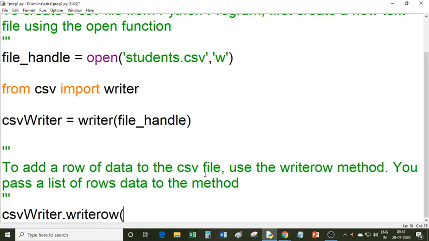This is the function by which you can write the row, and inside this function you have to pass a list. You know that a list contains items. A list is represented by square brackets. Inside the square brackets you can pass the data, for example roll number, name, and marks, like this.